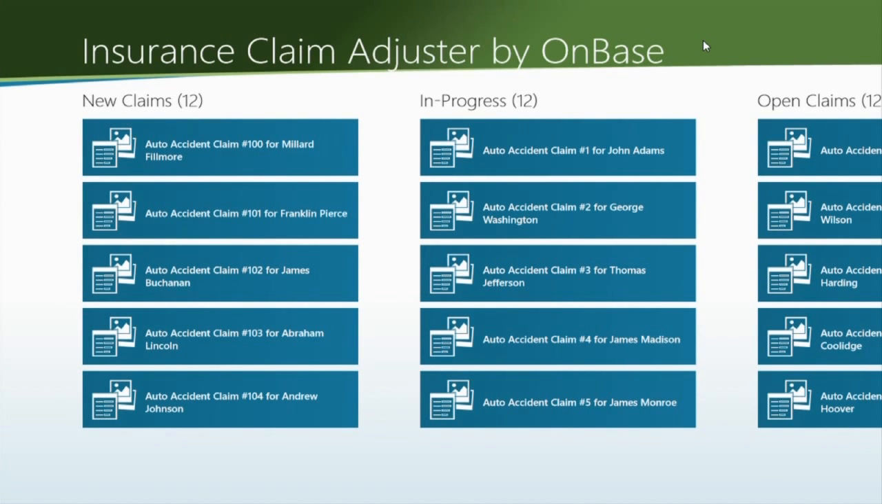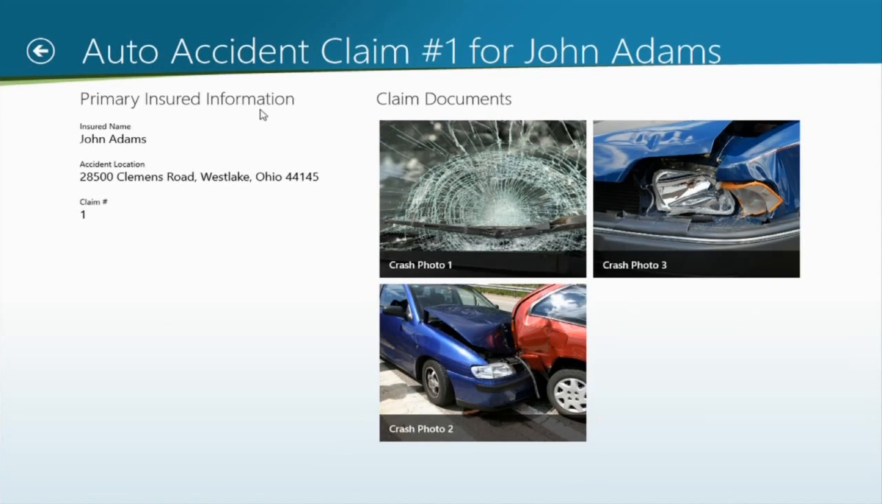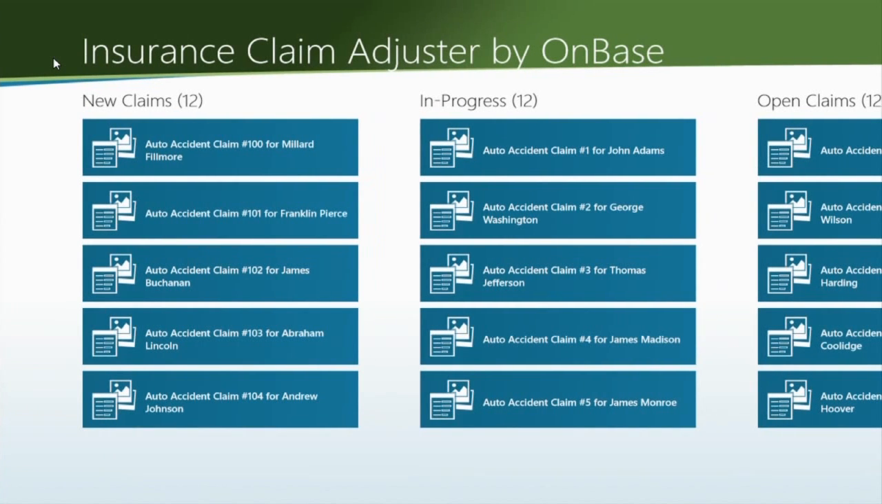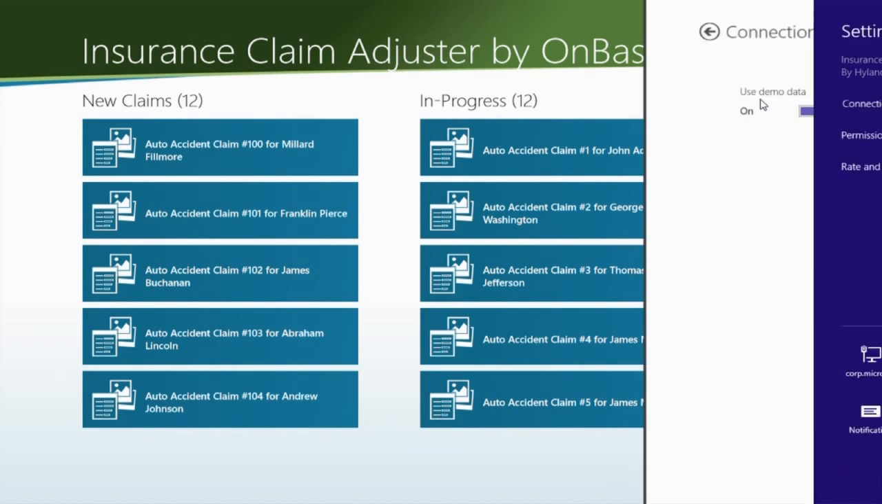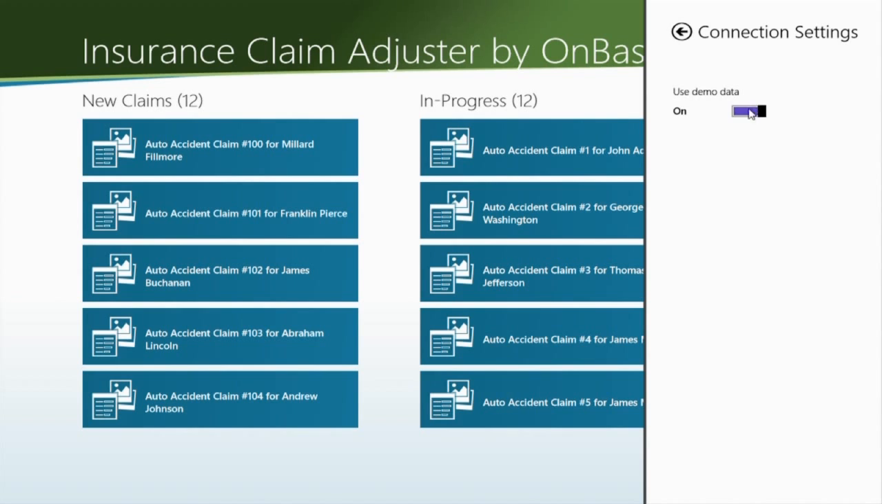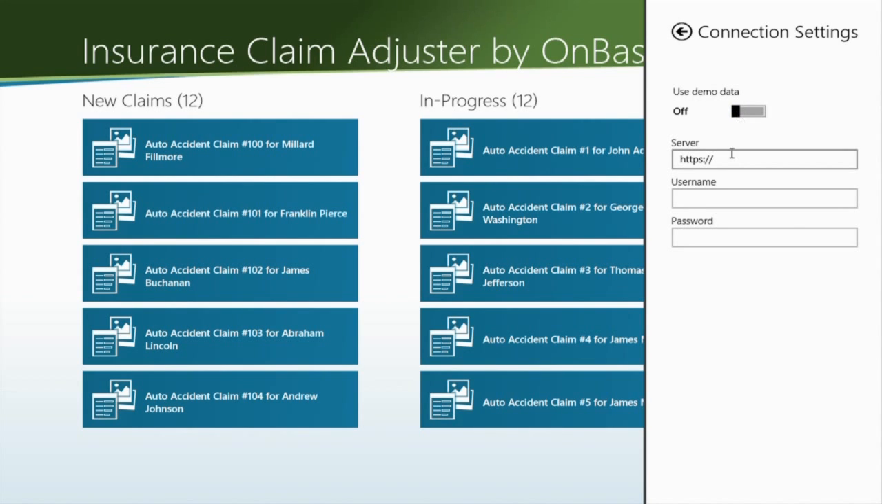That app, you'll notice, has a bunch of demo data in here. So I can take a look at in-progress claims, take a look at the auto accident claims, really allowing business users to get comfortable with your app and what your app can do. Then they can go in here in the settings. You'll notice that the connection settings is currently using demo data. They can turn that off and then authenticate with the corporate credentials that you provided them